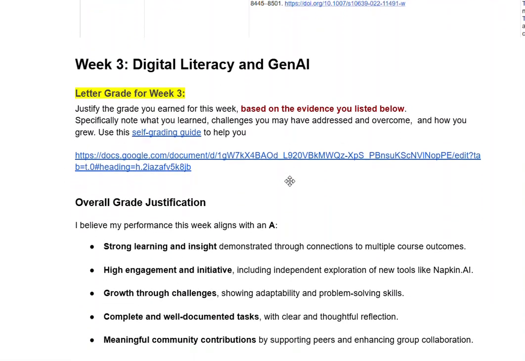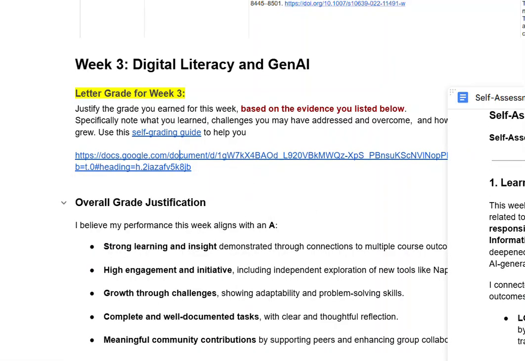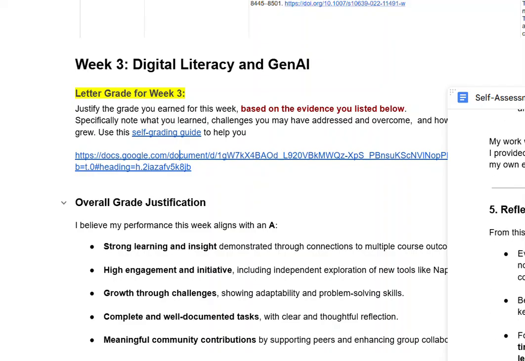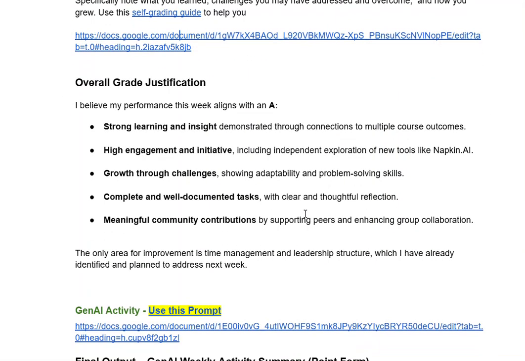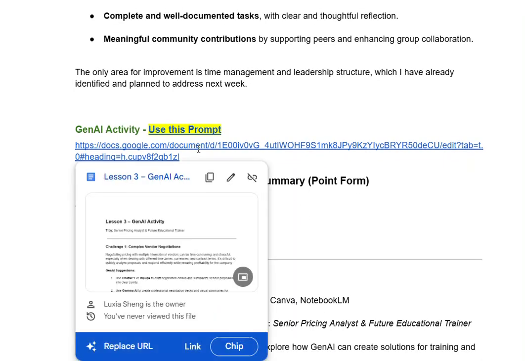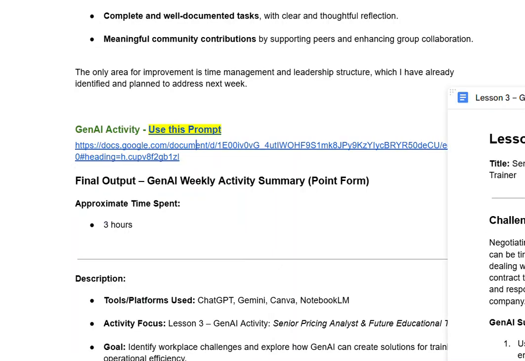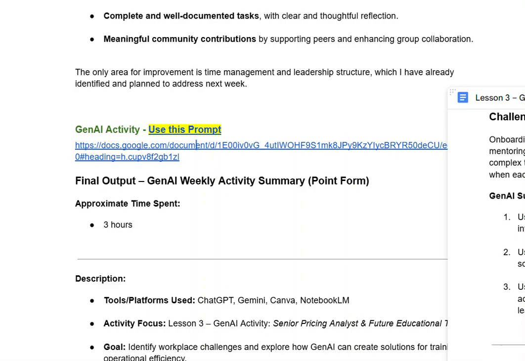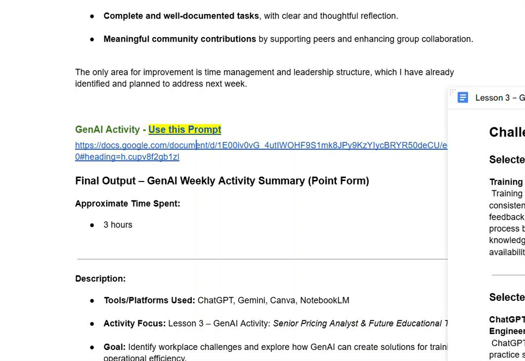And then in week 3, again, this is your self-assessment, and it's very detailed again. And you're giving yourself an A, and that's a good summary. And then what do we have here? The activity here was to, oh, your challenges. Okay. All right, you took this seriously in the challenge analysis.